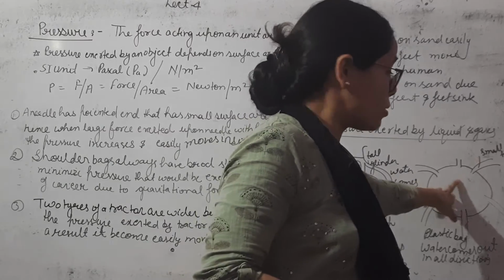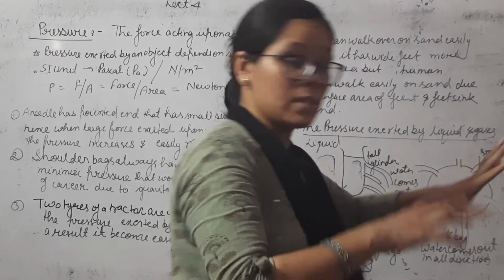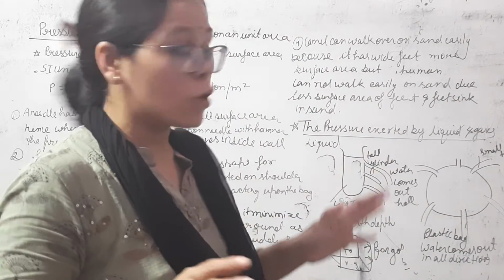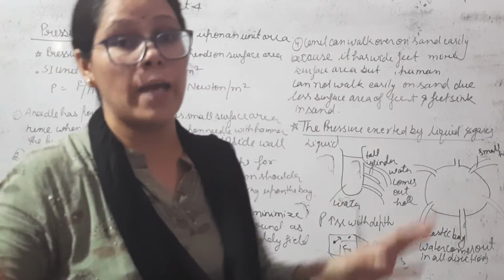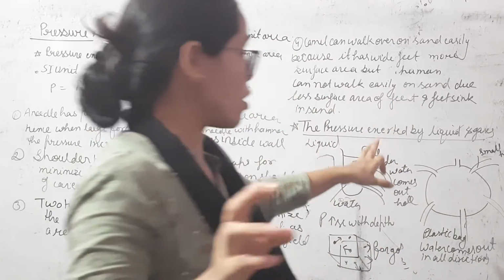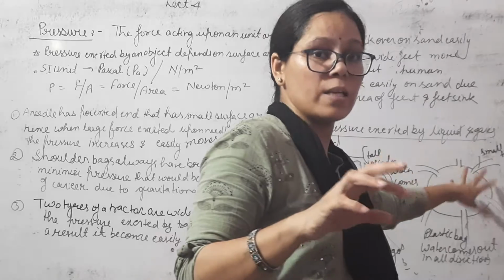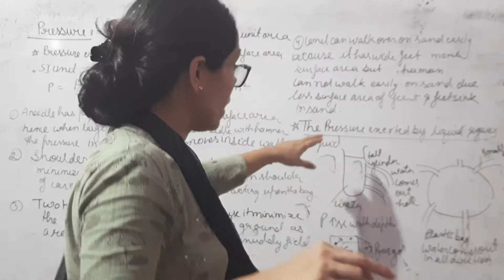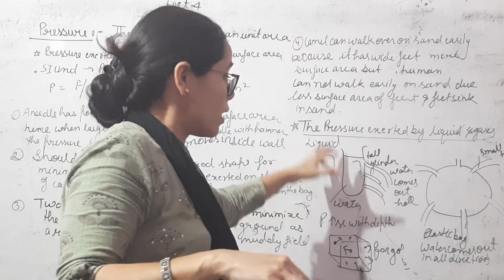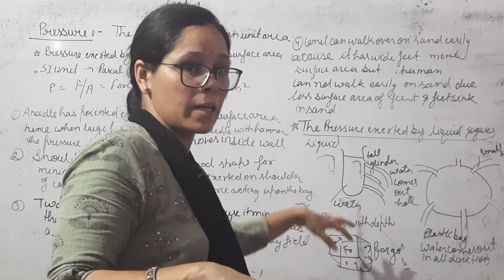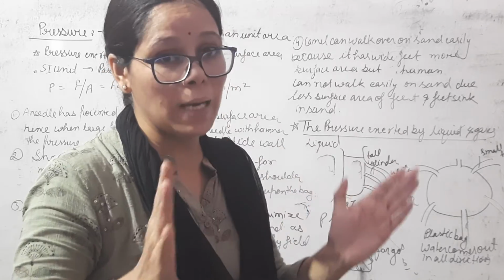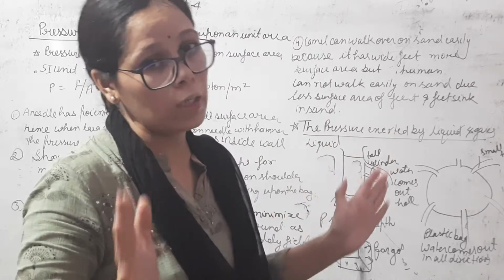For example, we talk about this bag. The depth of this bag is the same, so pressure is the same in all directions. With similar pressure, water comes out from all directions. Pressure is similar because depth is similar. But in this case, the depth is maximum. Pressure increases with the depth. If depth is similar, then pressure is also similar in all directions.